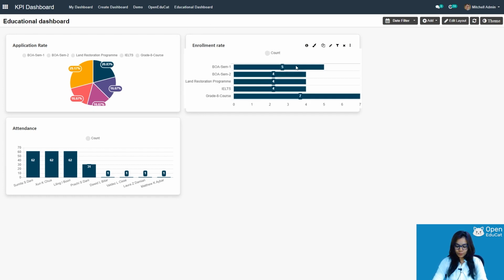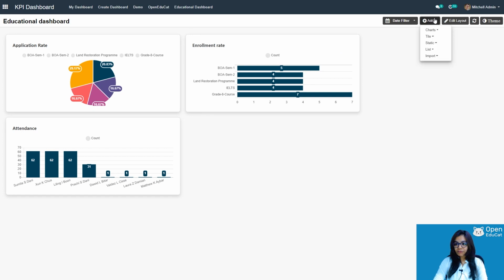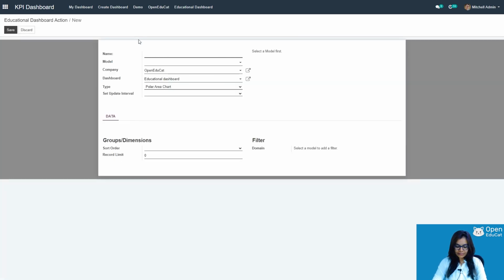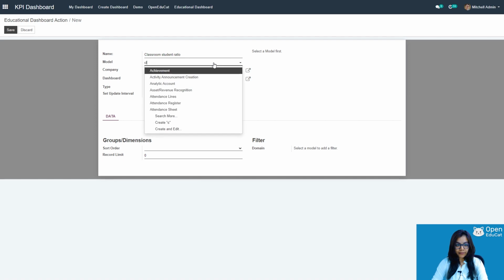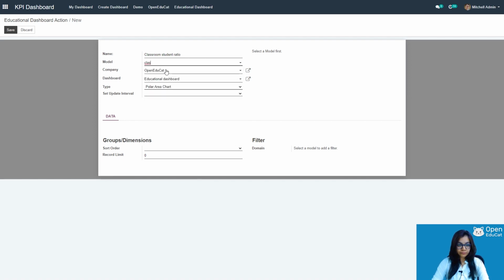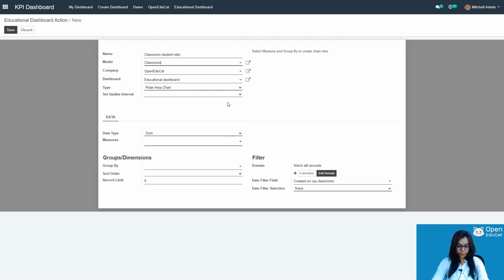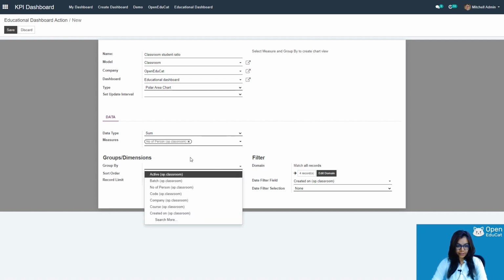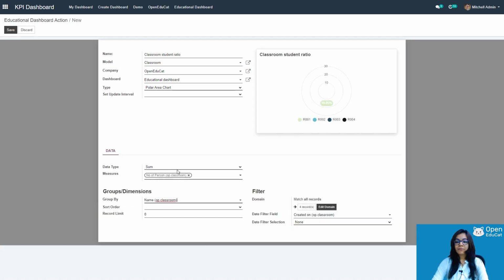Now I want to add one more data. I want to add the data in the form of the polar area chart. I am clicking on the polar area chart. I want that data, classroom student ratio, model name is classroom, and type is already polar area chart, data type is sum, and the group by is name.